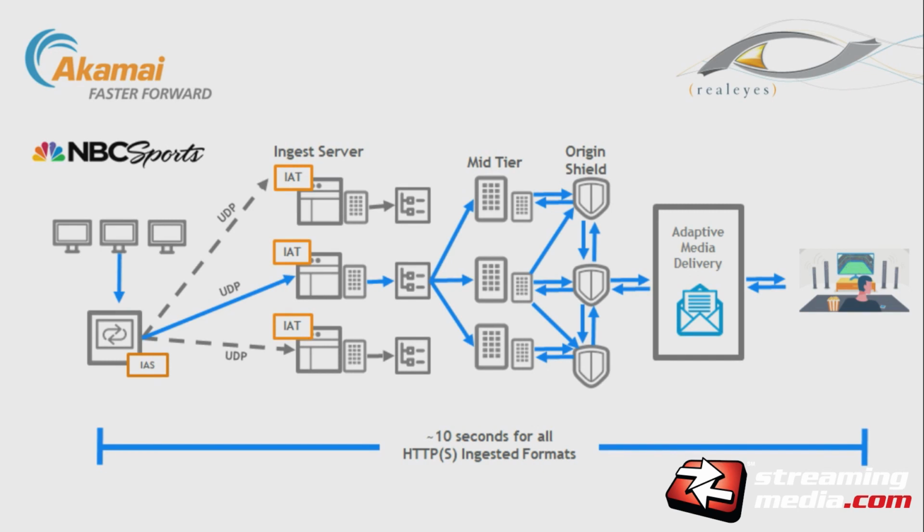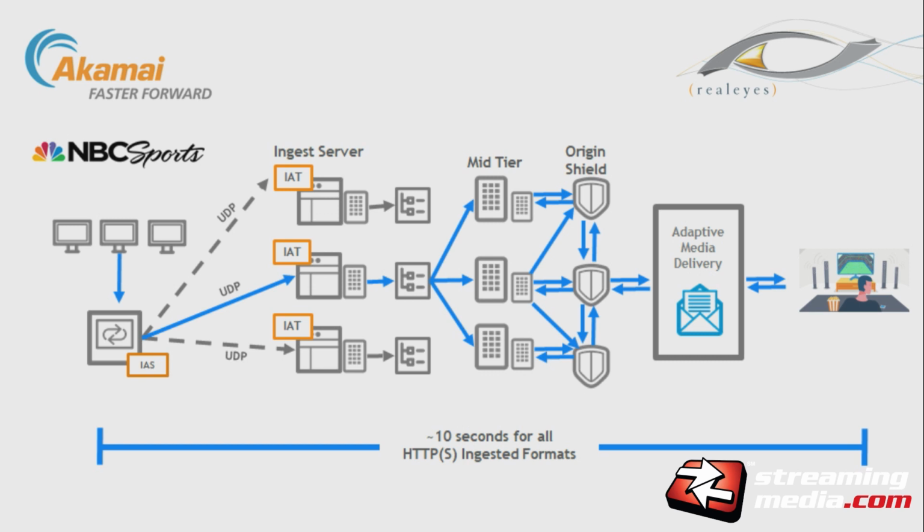So here's an example of what they actually put together for NBC Sports and some of the demo stuff that they did there to achieve around 10 seconds latency for HTTPS ingested format and be able to deliver worldwide, right? Or at least worldwide if geo rules aren't on. The concept I wanted to show here is that they're addressing this on multiple realms, starting right off with the ingest servers, not using TCP there, going to UDP-based connections. That's where things like SRT can be really valuable. That reduces some of the initial latency getting it into your delivery system.